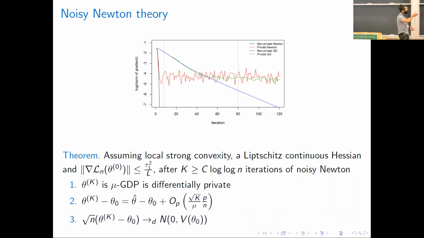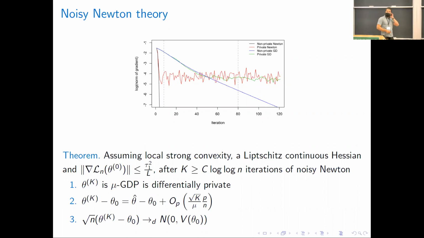So after 8 iterations, which this algorithm was scheduled to run to get 2-Gaussian differential privacy in a linear regression problem, it gets there, gets stuck. Its behavior is comparable, in this particular case, to gradient descent after 80 iterations. And because you have to choose k in advance, it matters that you choose a small number.